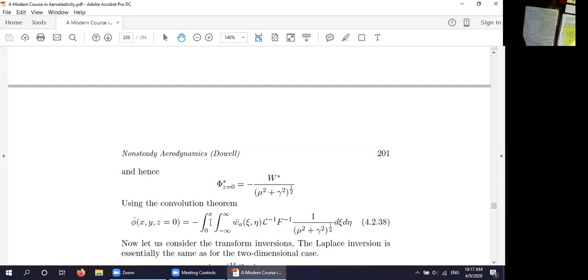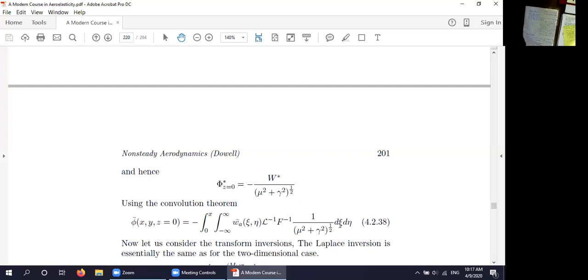x. That is, if I'm interested in what's happening at a particular position x, y, I only need to know what's happening for some values of x less than x, or values of the dummy variable c less than x. But in the y direction, I'm still in a position of having to know everything from minus infinity to plus infinity at the moment, although that will change momentarily.